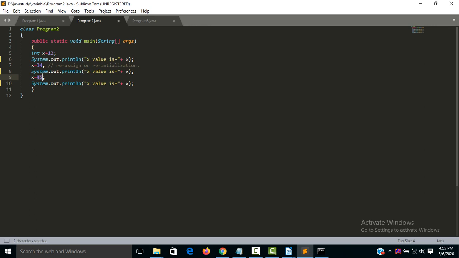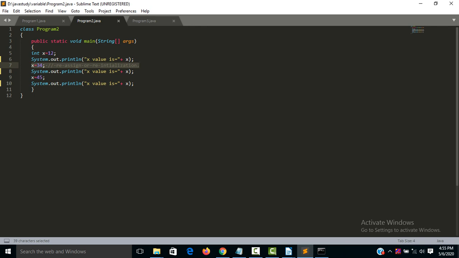Here reinitialization is happening. Here is the integer x equal to 12, and this one prints the value of x as 12. Then here x is reinitialized to 34, so the System.out.println prints x equal to 34.